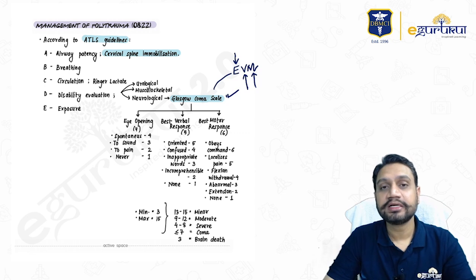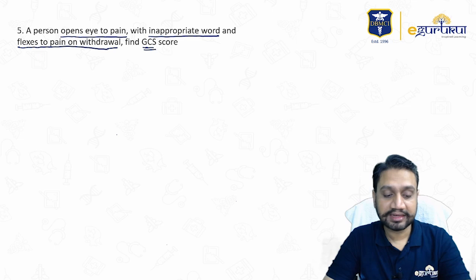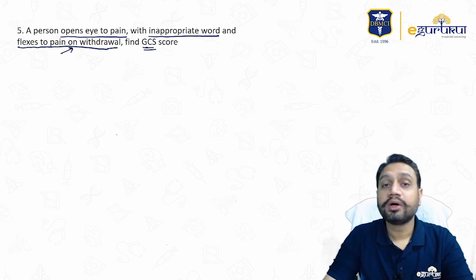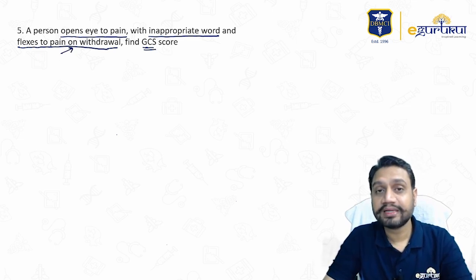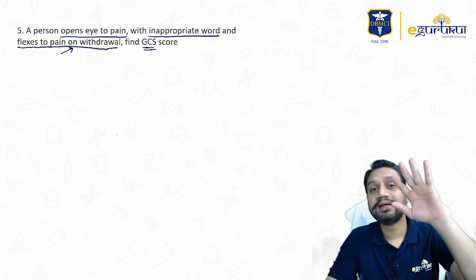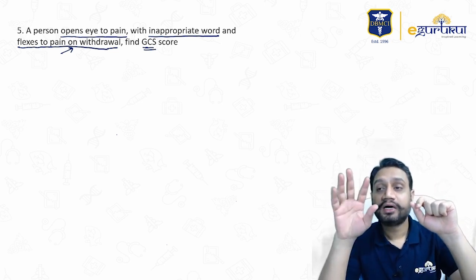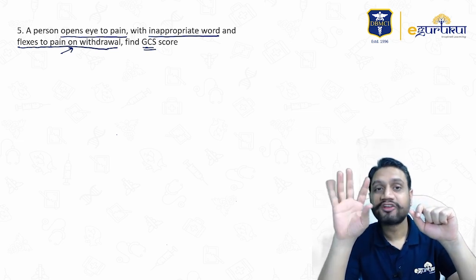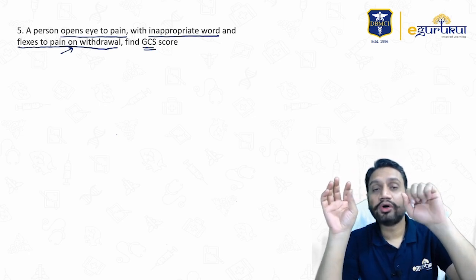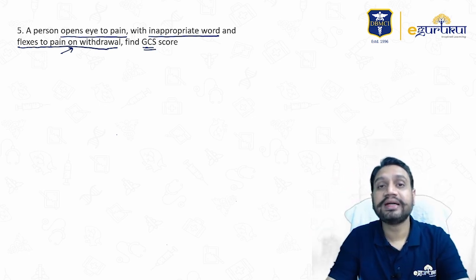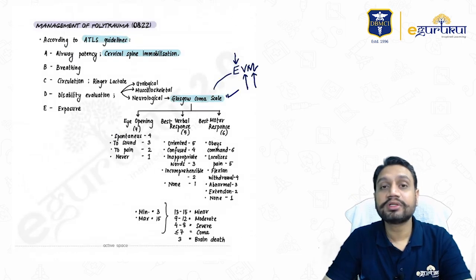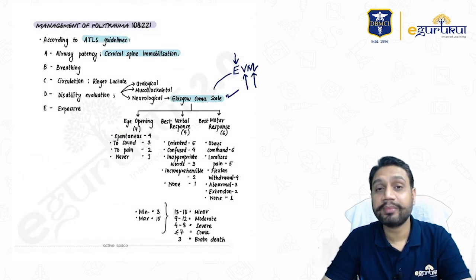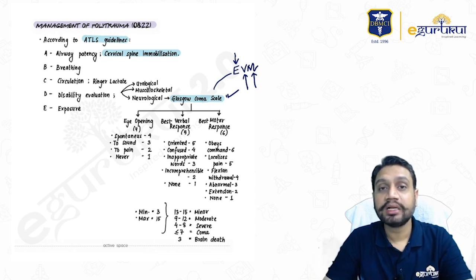The word best is very important, because I told you with a very classical example that in our question this time they have mentioned that there is a flexion withdrawal on painful stimuli. But sometimes they can give you that there is a flexion withdrawal from the right side, left side, and there is a withdrawal or pointing to the site of pain from the right side. So pointing to the site of pain means this is a better score. Withdrawal is a poorer score. So now which score should I take? So always remember, whenever we talk about EVM, we don't say simple EVM. Remember it like eye opening, best verbal, and best motor response. This is how you have to remember it.